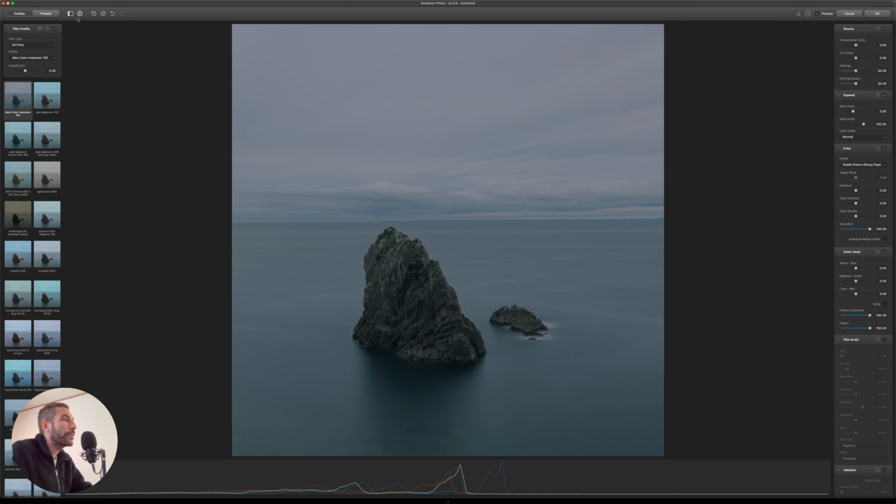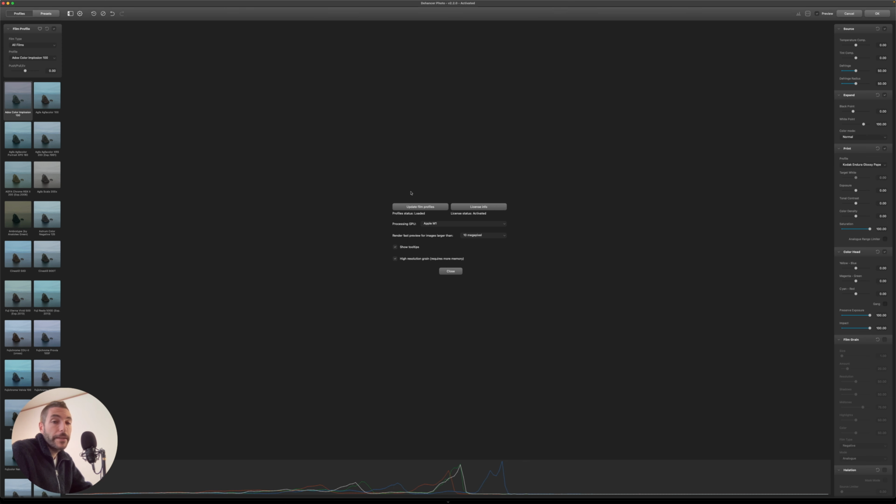And also you have this icon here for the settings, and you can go in here. And the great thing that they do here at Dehancer is that they store all these film stock simulations on their server, and once you have an account with them, you can just click on this and you can get all the updates or possibly all the new film simulations that they might add to the plugin just by clicking on this, which is really good.